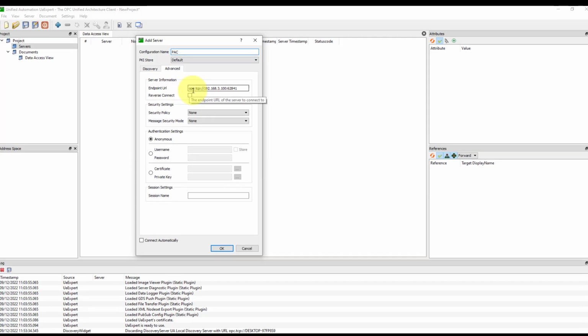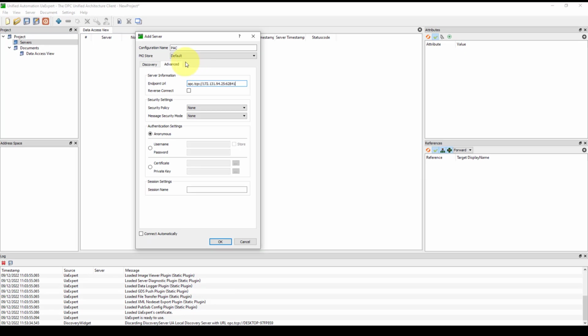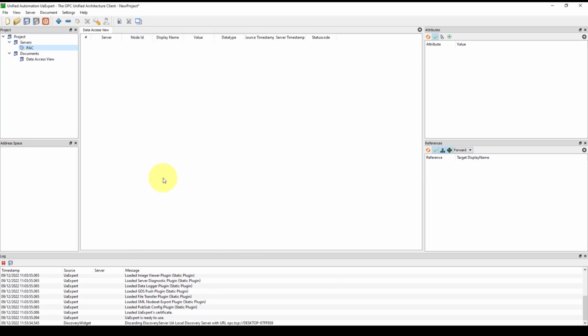The endpoint has got to be opc.tcp:// and my server is on 192.131.94.25, and this is really important: the port needs to be 62841 unless it's been configured otherwise when you set up your OPC server. So I'm going to hit connect,